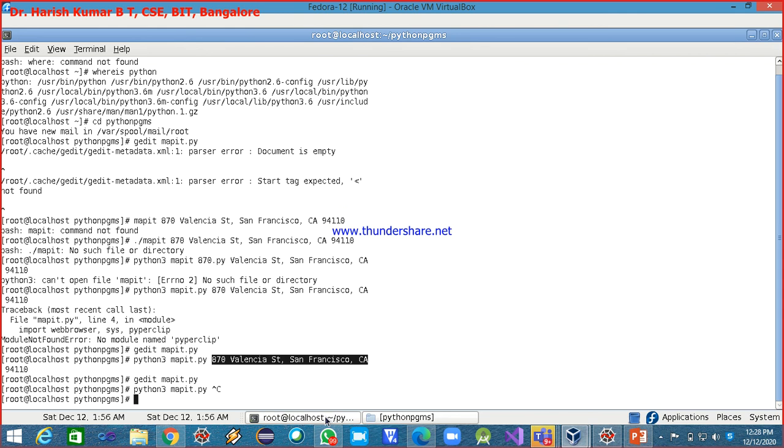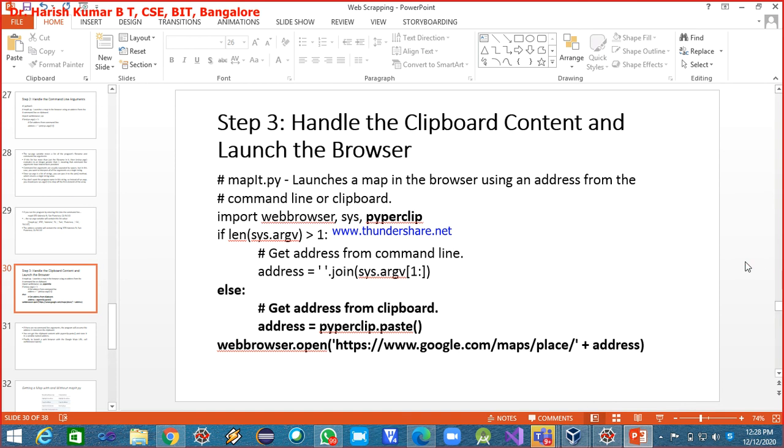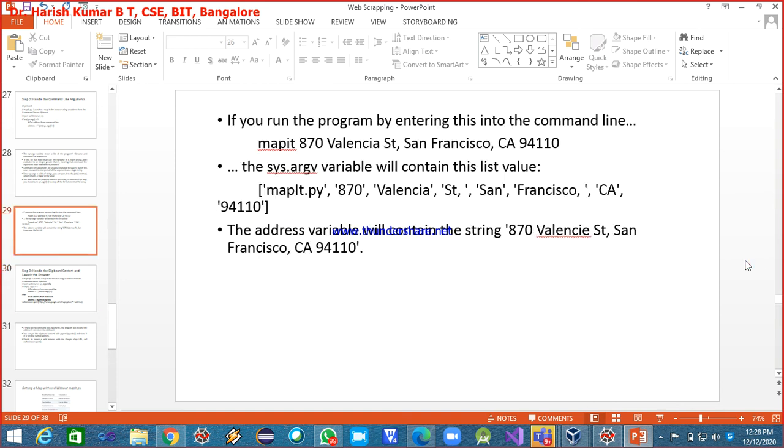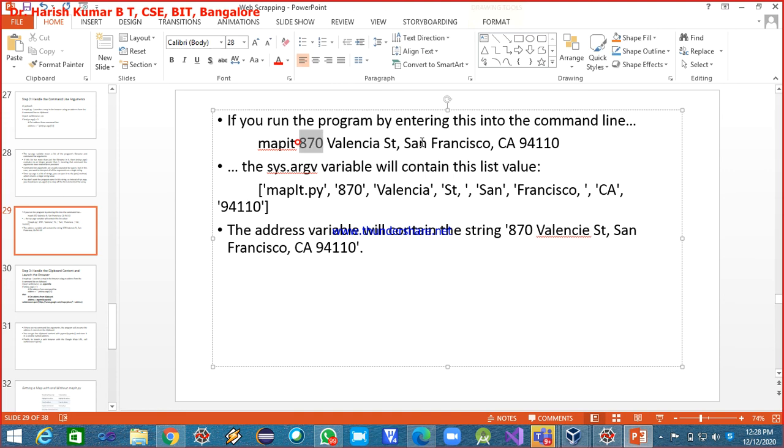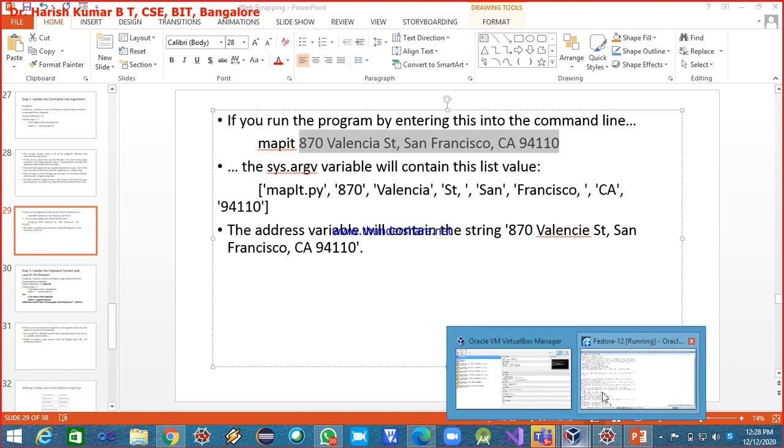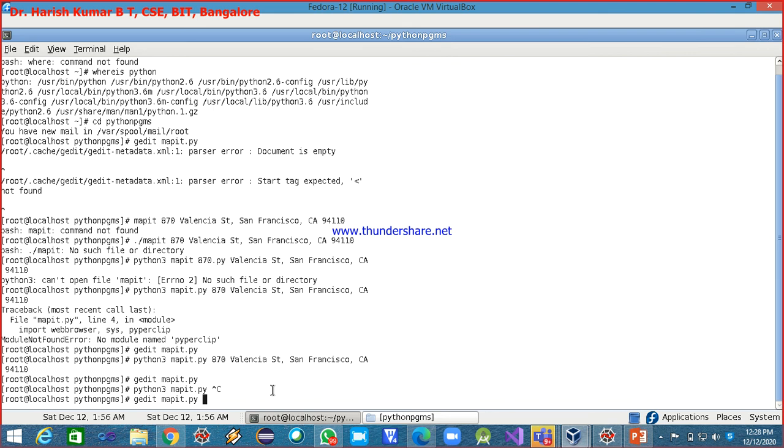Oh sorry. Let me do it again. Let me copy the address from here. The address is there in my PPT. Where is it? Here. I've copied it. Now let me move back to the terminal and paste it here.